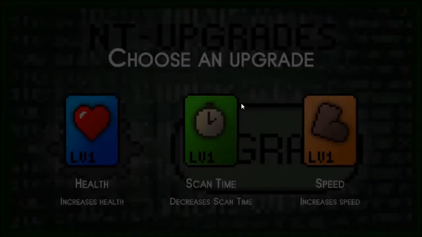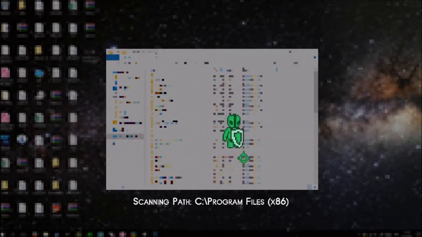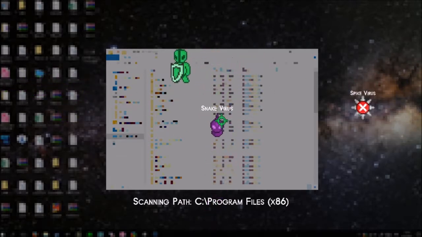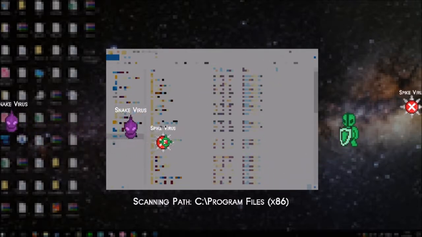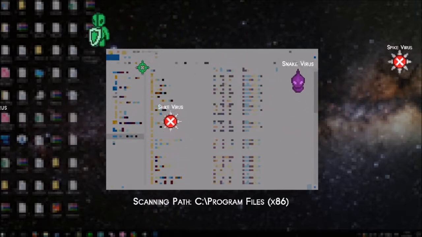Okay, so we get to pick and choose now. Well, afterwards I think. Oh, we get to choose now. Okay. Let's go for decreased scan time. Make the level move a little faster. Got snake viruses now. Do they home? Yes, they home. We're just trying to do a no damage run anyway, so...